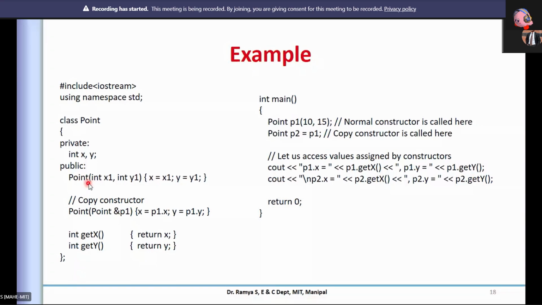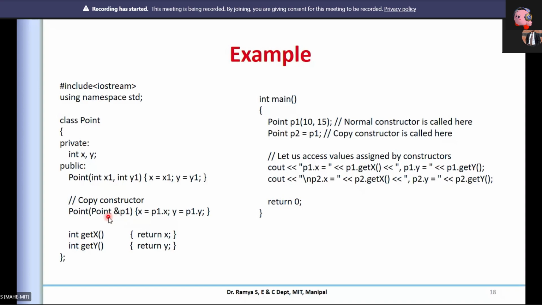This is the parameterized constructor, where I'm initializing some values to these members. Now observe the other one. Again it is a constructor because it has the same name as the class, but what I pass to this is an object of the same class.